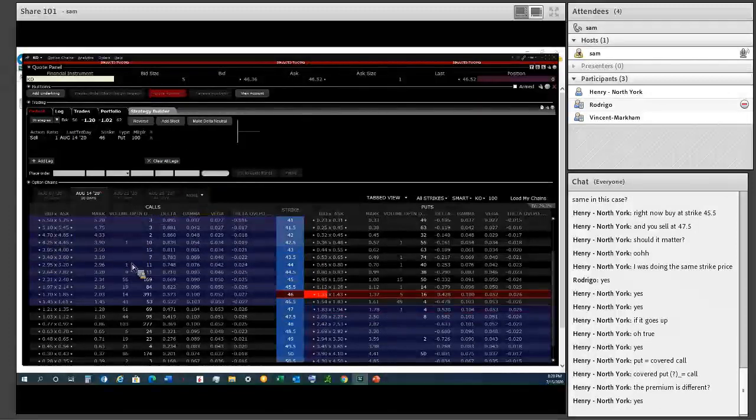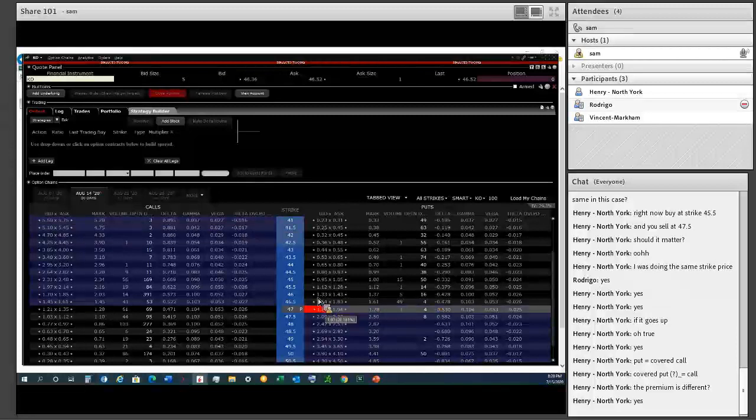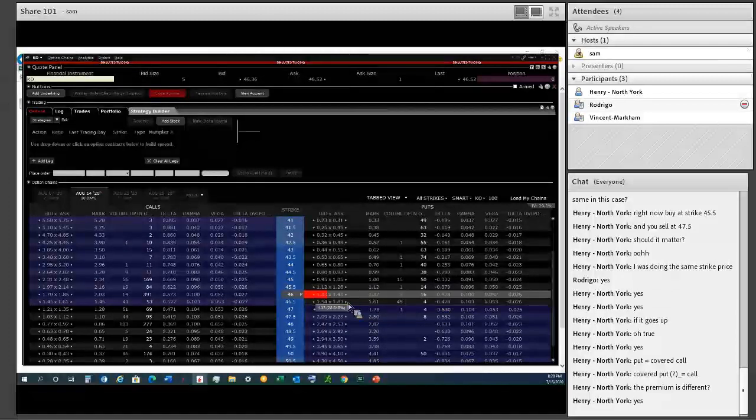Okay, so you know what? I'm not gonna continue with this one. We'll work on this next week or the week after. I want to just make sure we get some trades in, okay? Because I think I'm confusing some of you, okay? So we have Coca-Cola in. We tried it as a spread trade. And we tried it as a covered call. Basically the same thing.